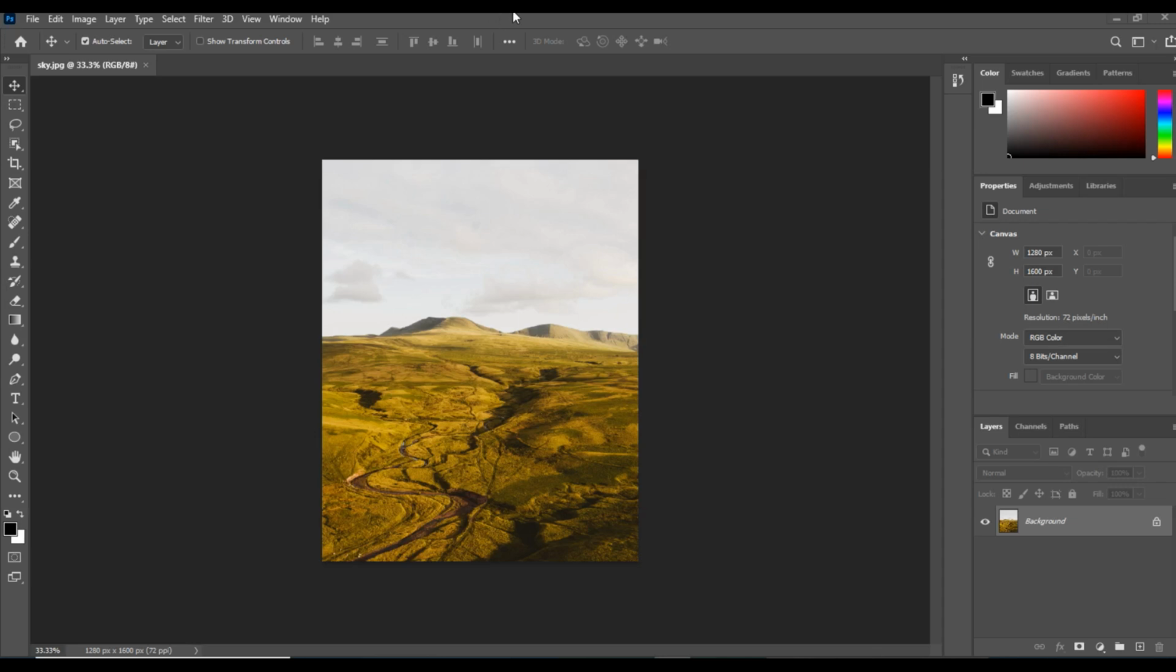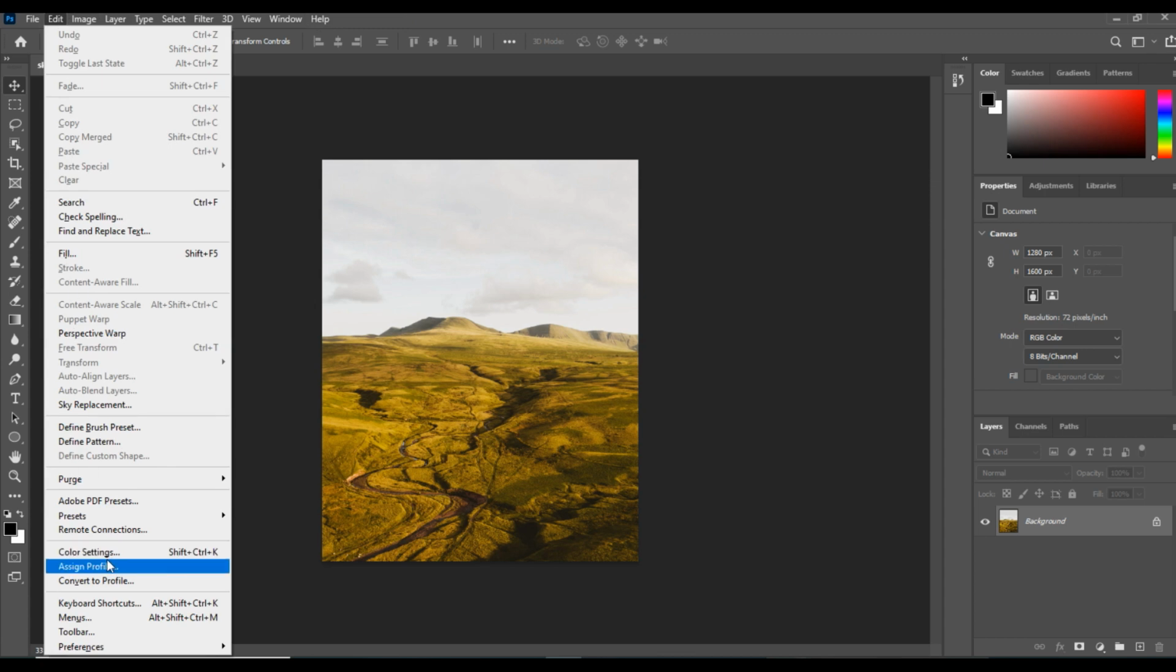Hello friends, today I'm gonna show you a very new feature in Adobe Photoshop 2021 that is called sky replacement,